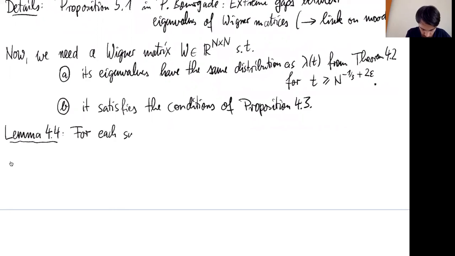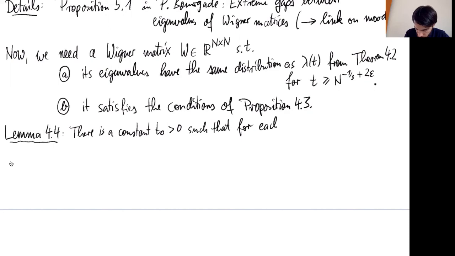Maybe I should formulate it more precisely. There is a constant t0 bigger than 0 such that